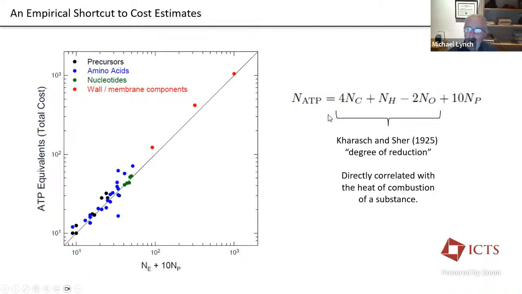It's a very simple way to predict the cost of making various building blocks inside cells, and you can extend this to totally different kinds of organic molecules, things like osmolytes, all kinds of things. So I think this opens up a real opportunity, no pun intended, to calculate the cost of building various things inside cells just based on their organic composition, their elemental composition. Okay?